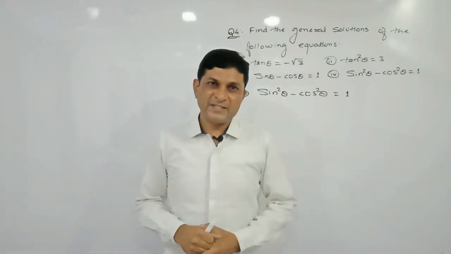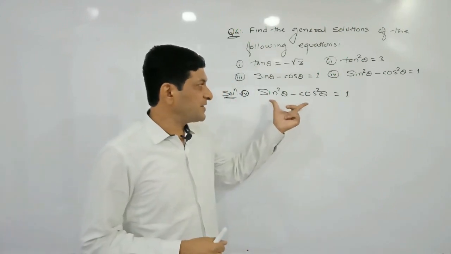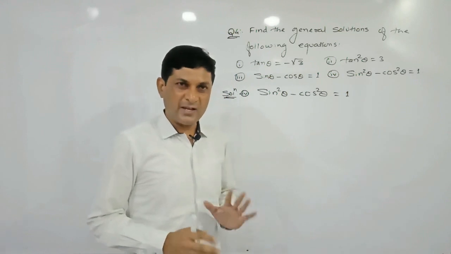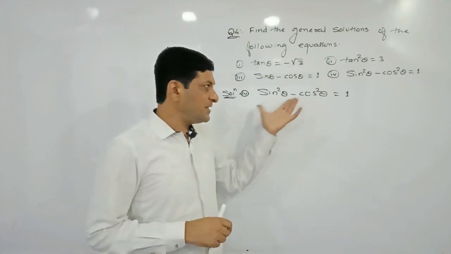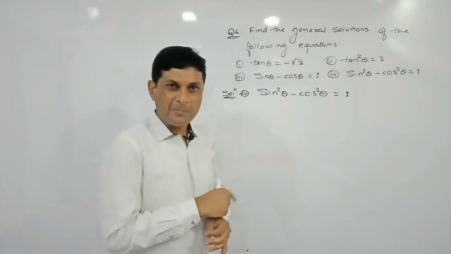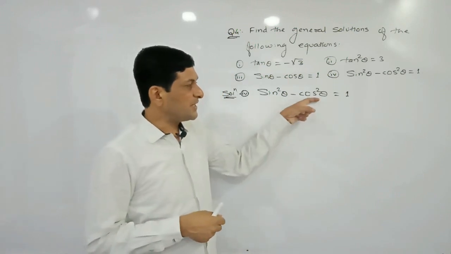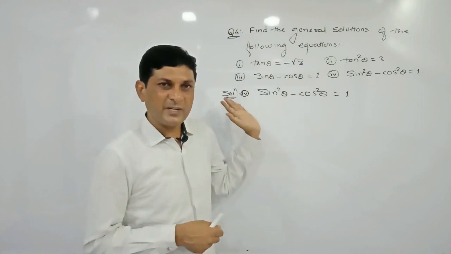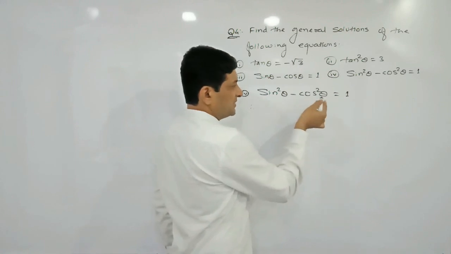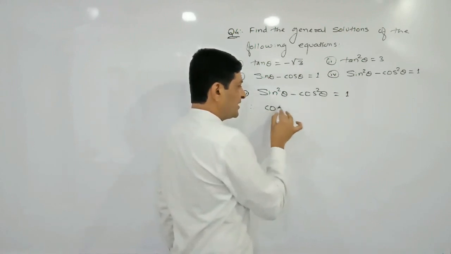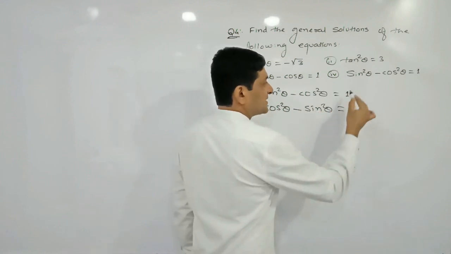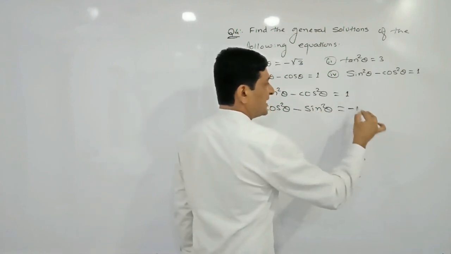So observe the next example. In this example, the given trigonometric equation is sin square theta minus cos square theta is equal to 1. So we are able to arrange this side in the form of the double angle formula. We know that cos 2 theta is equal to cos square theta minus sin square theta. So on this side, to get cos square theta minus sin square theta, I am simply multiplying both sides by minus. If I am multiplying this side by minus, this negative term will become positive and this positive term will become negative. And on this side, if I am multiplying by minus, we will get minus 1.